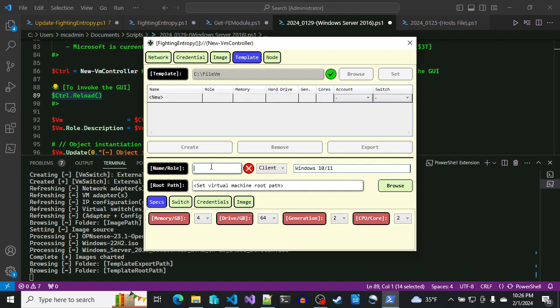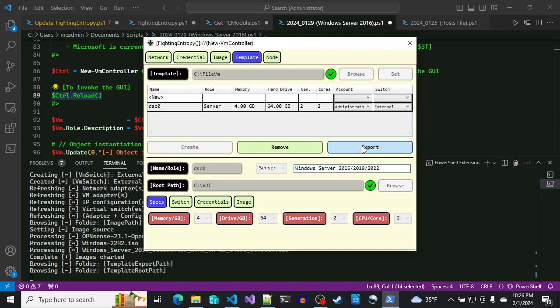Oh yeah, you have to fill that out again because I didn't mean to do that. I can also just type it in too, right? And then click create. All right, so now it's there. All right, and then I can click export, and that's going to export it to the file VM DSC0